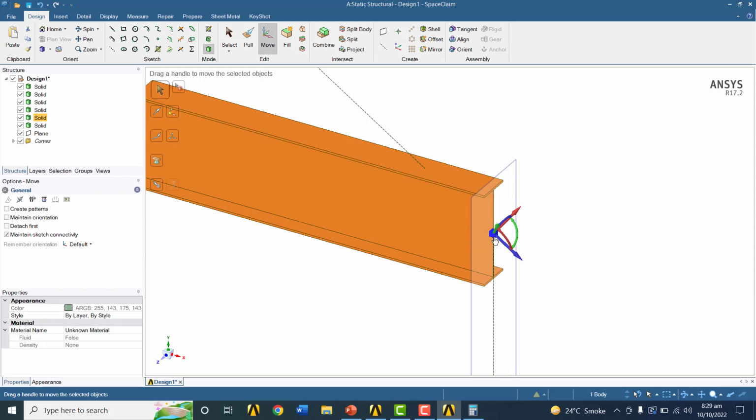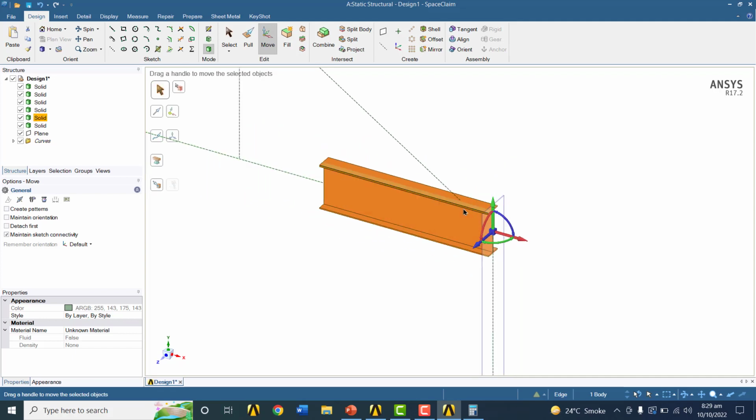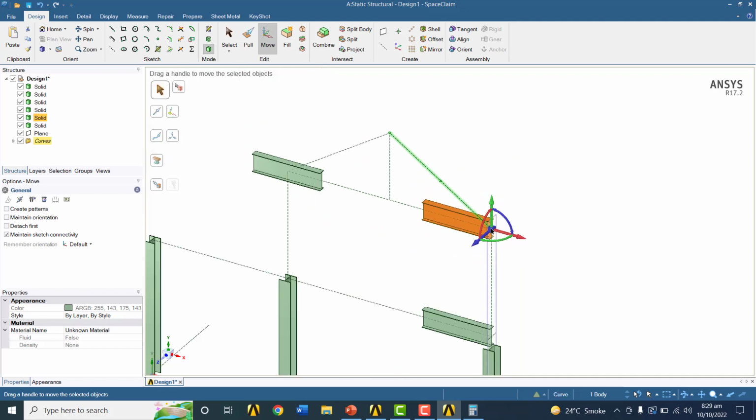Okay. Drag this to this center point. Now we will click on this blue rotation arrow and give it a value equal to